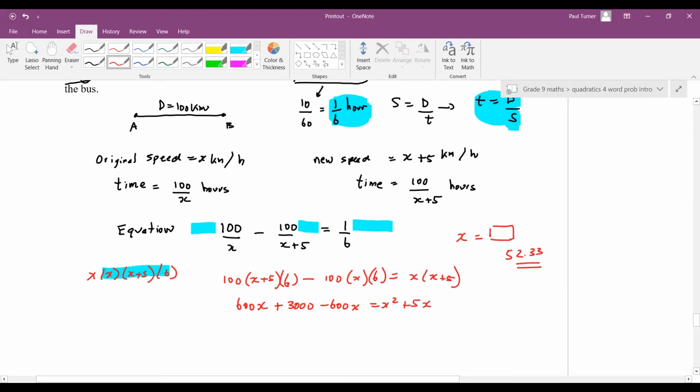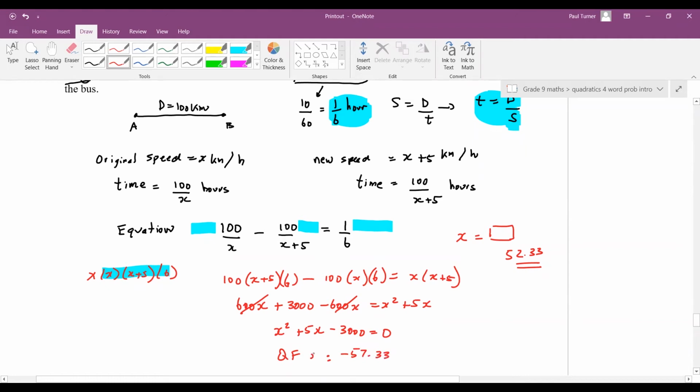Like that. So then you'll see your 600 will cancel here. So we're going to end up with x squared plus 5x minus 3,000 equals 0. And by your quadratic formula, you're going to get two numbers, minus